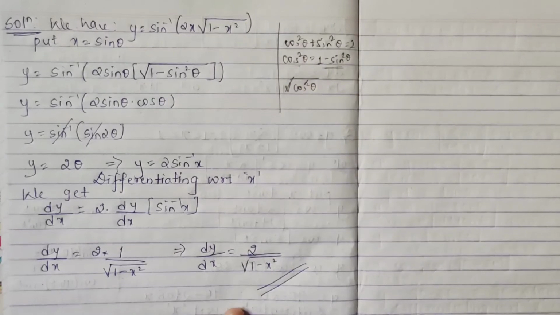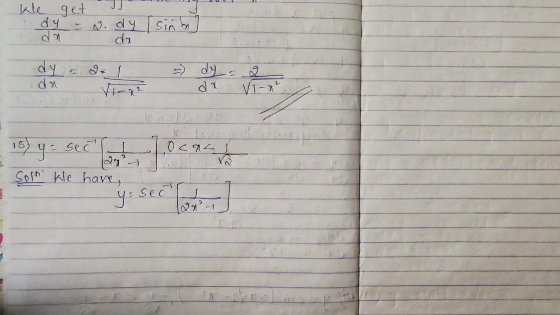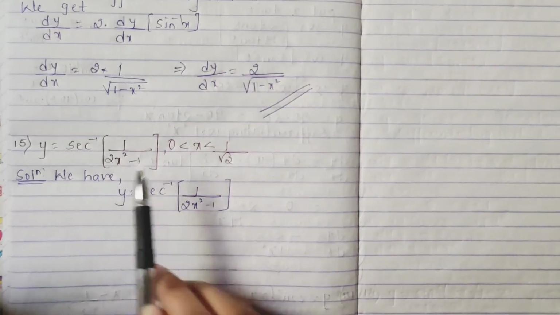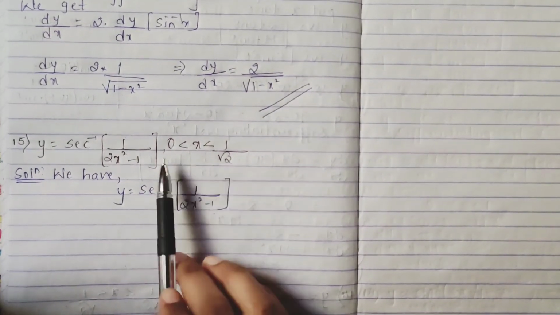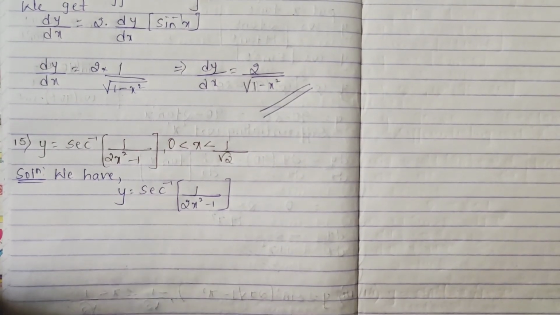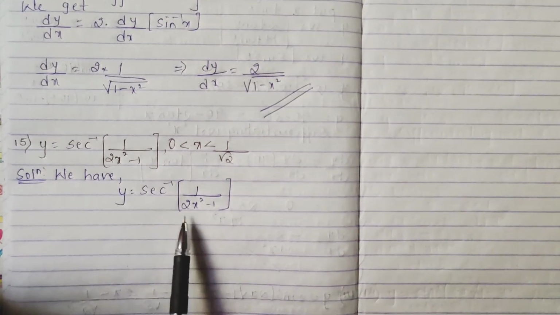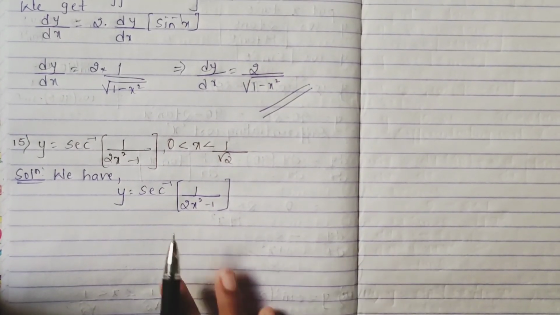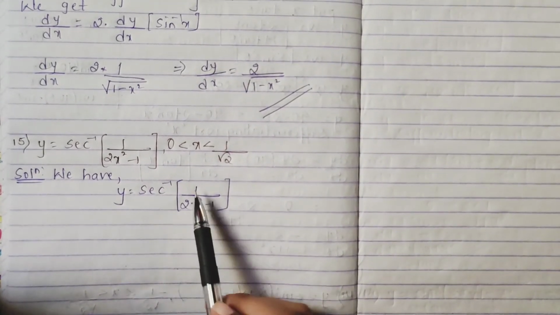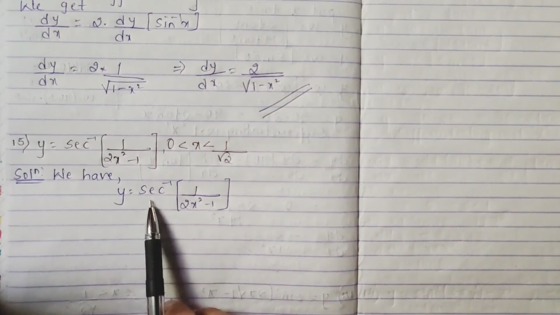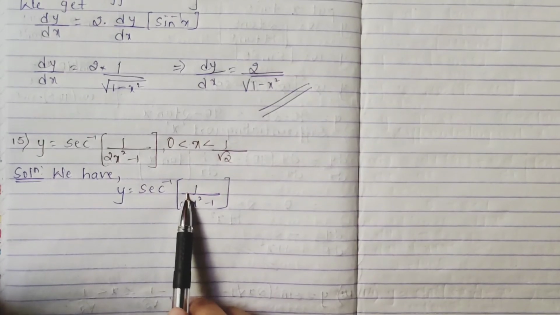Okay, please be careful. Our next problem, the 15th one, y is equal to sec inverse of 1 by 2x square minus 1, where x is less than 1 by root 2 but greater than 0. In the same way, here also you can see you have 2x square. So even here the tan formula you don't have, right? You have sec inverse here, so to get sec it should get cancelled. This is sec inverse, and here also you should have sec only. So 1 by cos is sec.